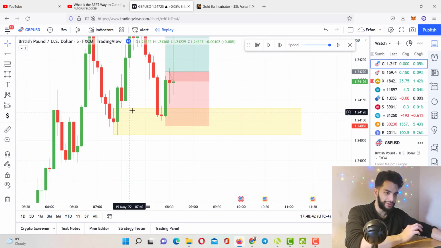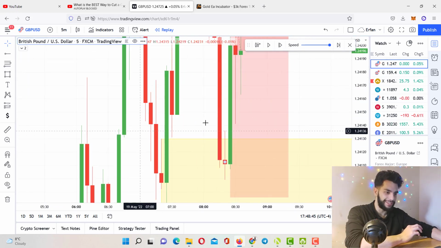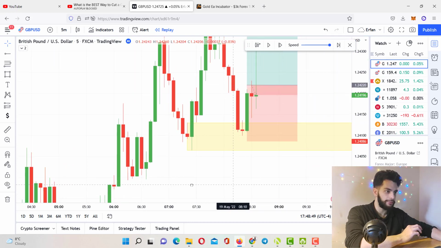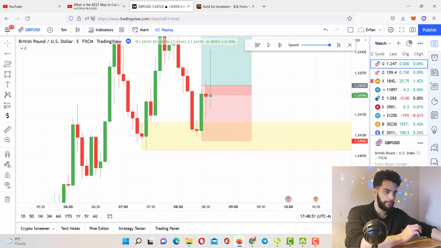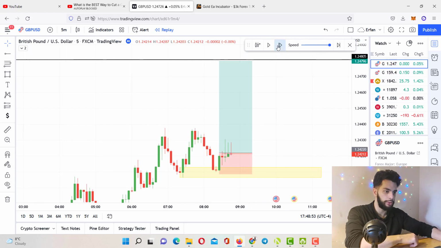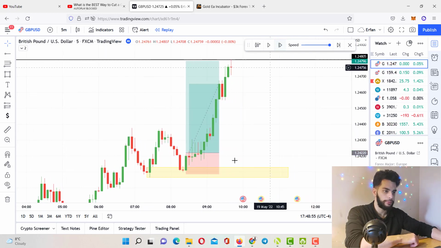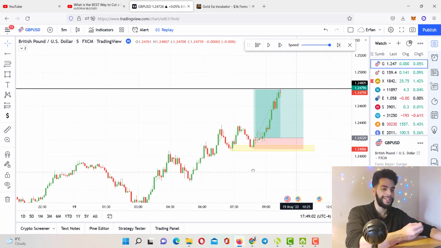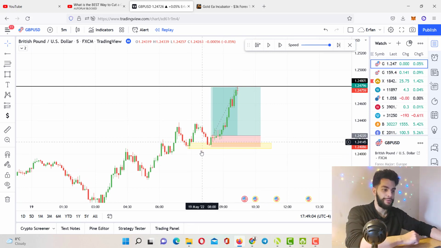You have this high probability demand zone. Look at this gap right here. And you have your buy stop here, your stop loss here, and boom, it's clean. It just took a 1-to-1 and it was a beautiful trade. And this is exactly how you can trade high probability supply and demand zones, which in this case